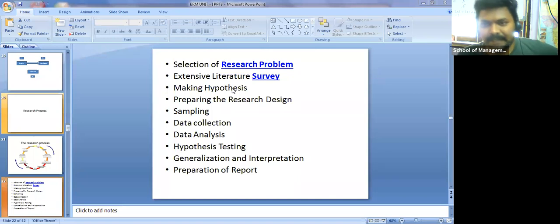Once you interpret, then based on those interpretations you are writing findings, suggestions, conclusions, and even future research, and based on that you are preparing a report. Chapter 1 introduction, chapter 2 review of literature, chapter 3 research methodology, chapter 4 data analysis, chapter 5 findings, suggestions, conclusions, and sometimes a few people may go ahead with chapter 6 also, which is conclusion exclusively. Then bibliography and your questionnaire or annexure, and the plagiarism report at the end. So this is about your project report which you are doing.